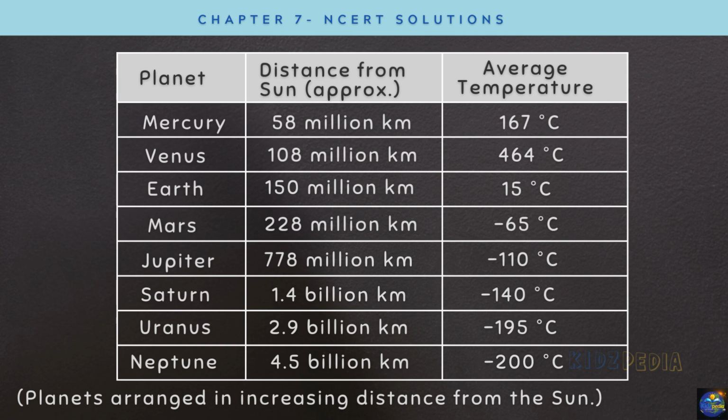Then come Uranus, which is 2.9 billion kilometers away from the Sun and average temperature is minus 195 degrees Celsius. Then comes Neptune, which is 4.5 billion kilometers away from the Sun and the average temperature is minus 200 degrees Celsius. The temperature of planets generally decreases with increasing distance from the Sun, but Venus is an exception because its